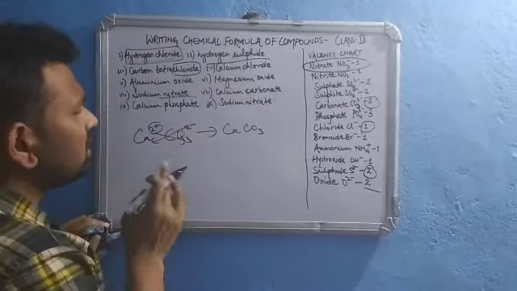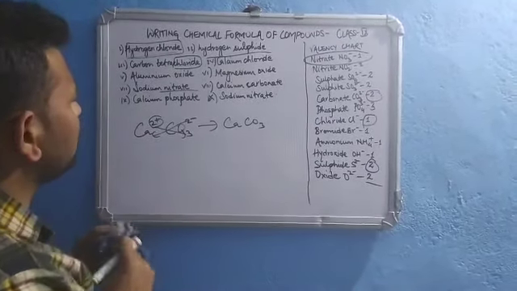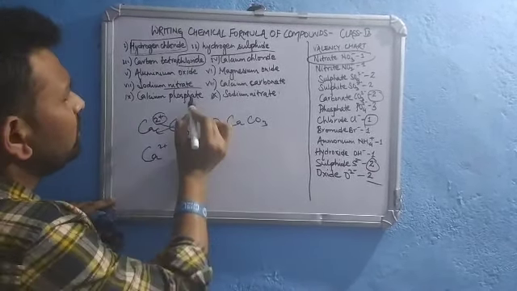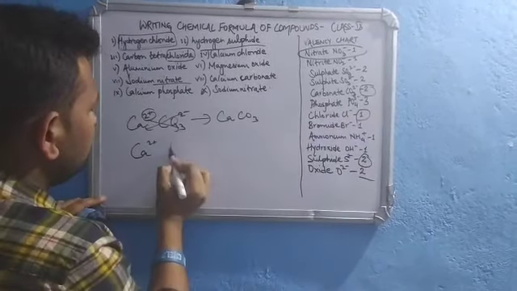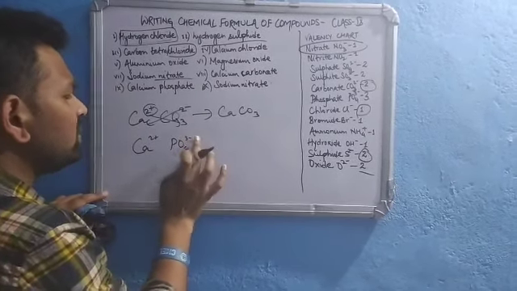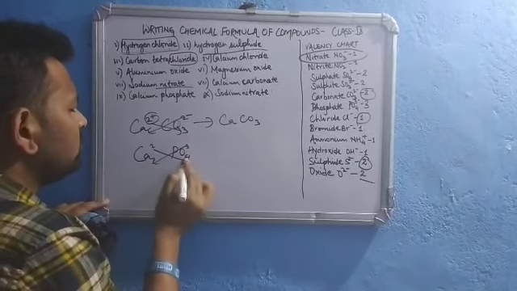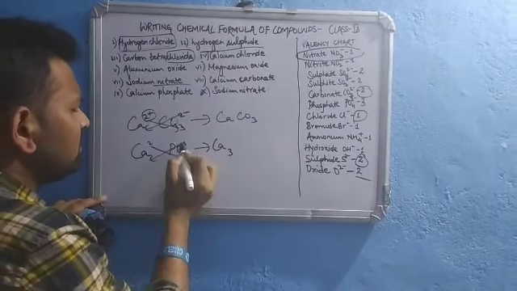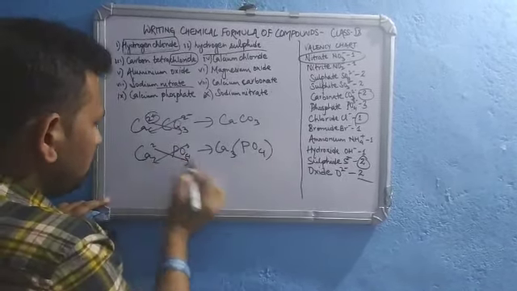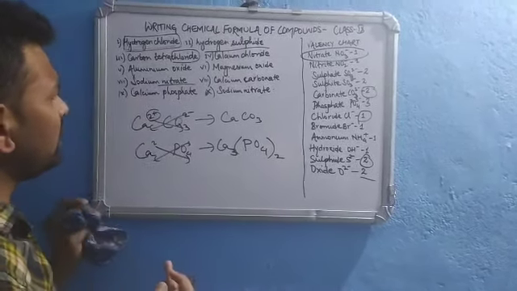Actually, in most of the books they show it in this way, but there are students who get confused and make mistakes. That's why I'm not using it. Calcium phosphate: calcium 2 plus, phosphate PO4 3 minus. Even if you want to write the minus or plus sign, it doesn't matter. If you want to write, you can write; if you don't want to, you don't. I'm not writing. So this will be Ca3, 3 comes here, PO4, 2 has come, so calcium phosphate is Ca3(PO4)2. This is how chemical compounds are named.